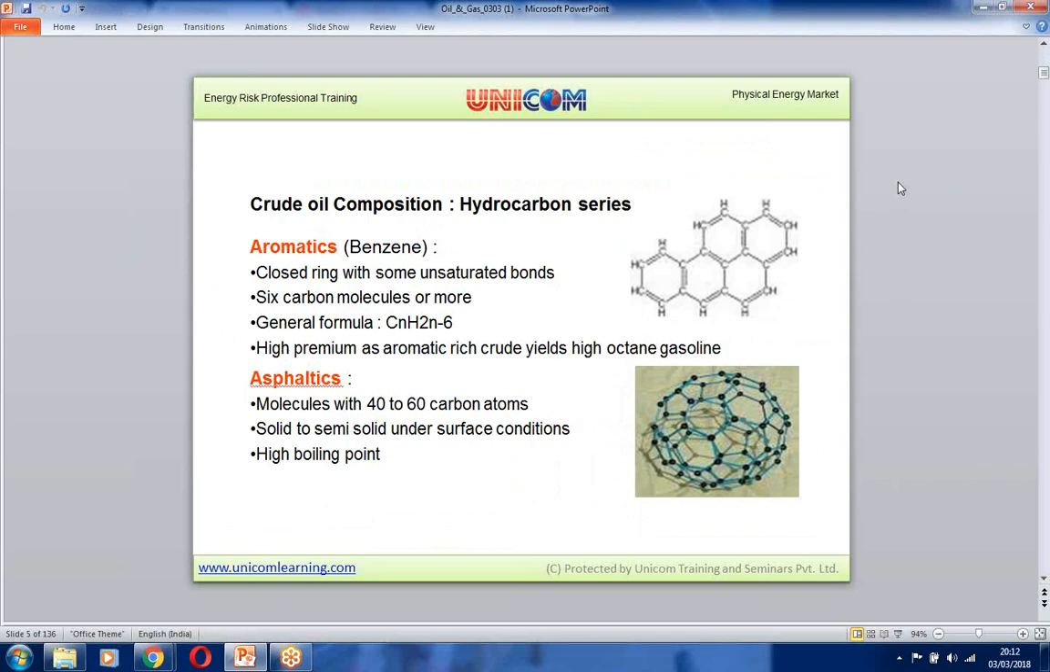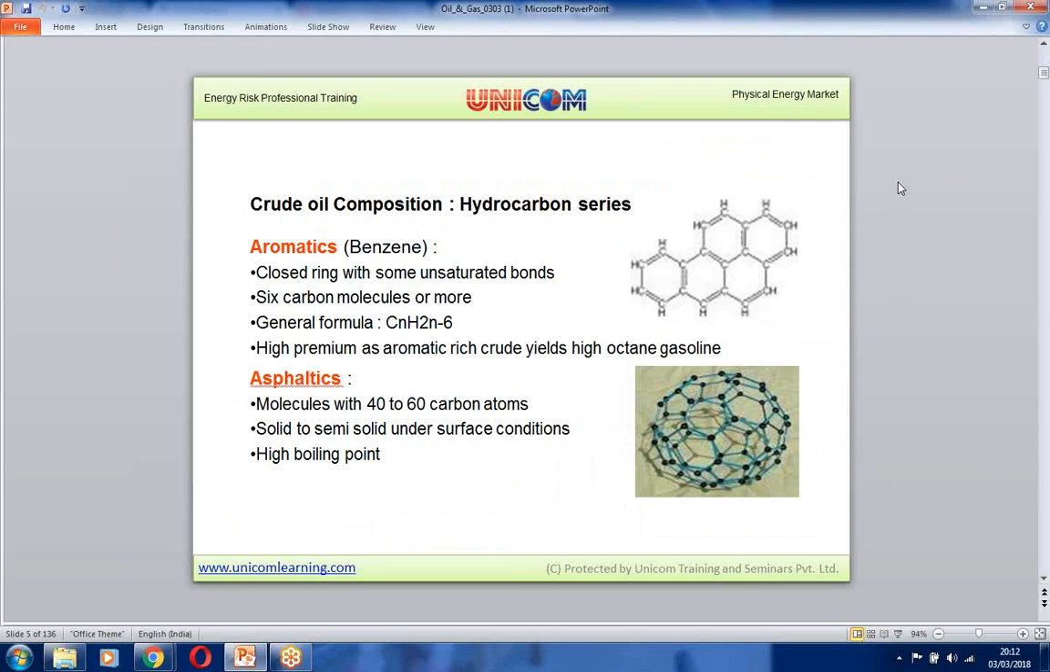Then come the aromatics, which are closed ring molecules with some unsaturated bonds, with 6 carbon atoms or more. The general formula is CnH2n-6. This is a high premium crude oil, as aromatic-rich crude oil yields high octane gasoline. In gasoline, the presence of aromatics increases the anti-knock properties, and so gasoline containing a high amount of